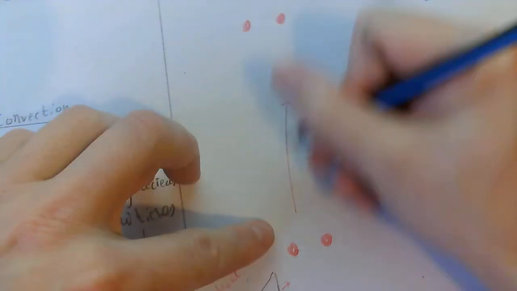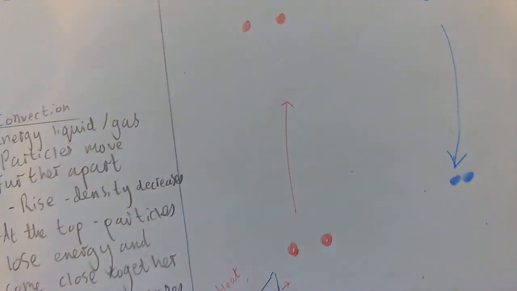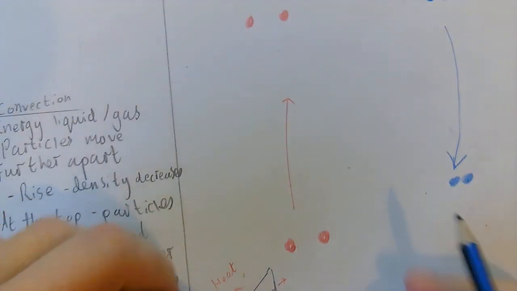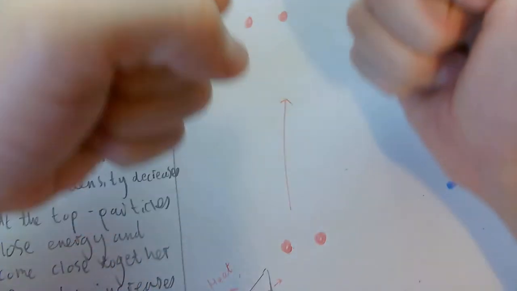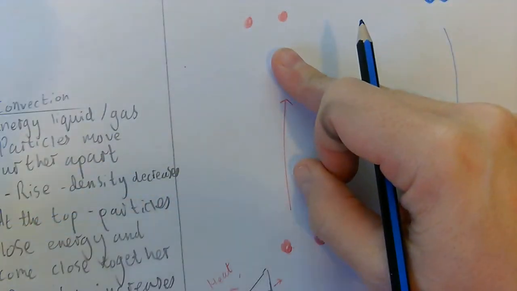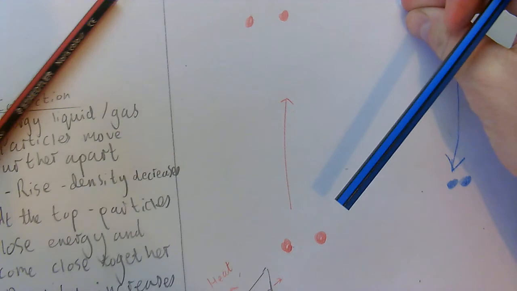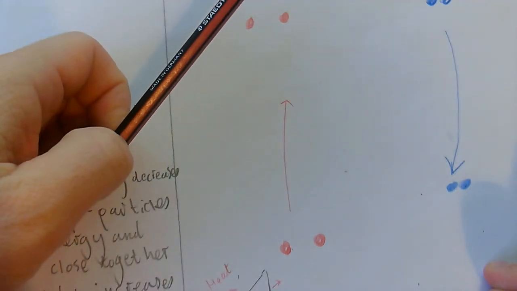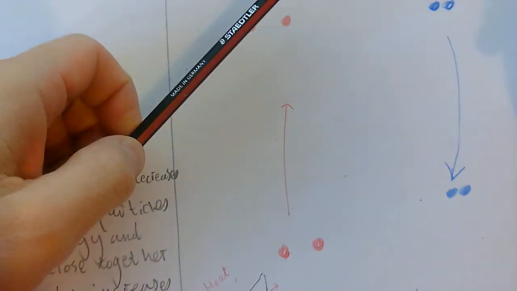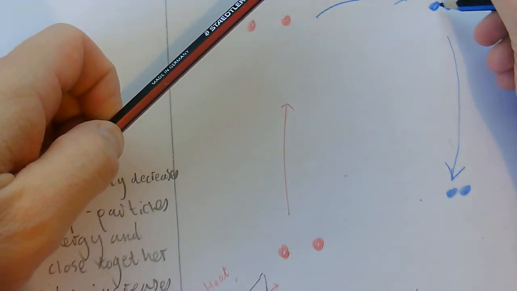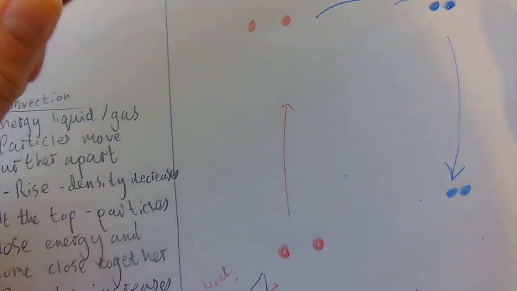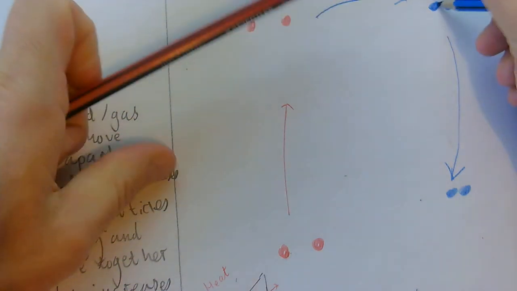Okay, so let's just have a summary of that. We've got a radiator, it's giving out heat, and the particles come further apart. Because they come further apart, the density decreases, and because it decreases, they rise and they go to the top. Now if you imagine it's going to be cooler at the top than it is at the bottom, and because it's cooler at the top, the particles come together. Now when they come together, it's going to increase the density, so therefore these particles fall,